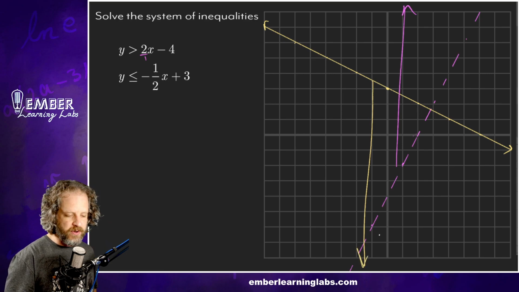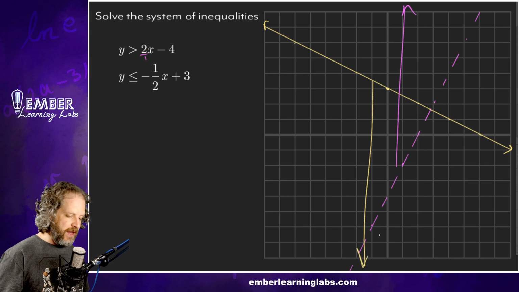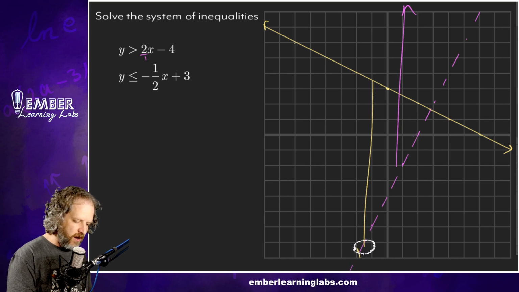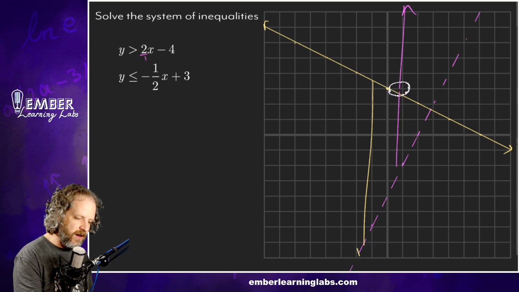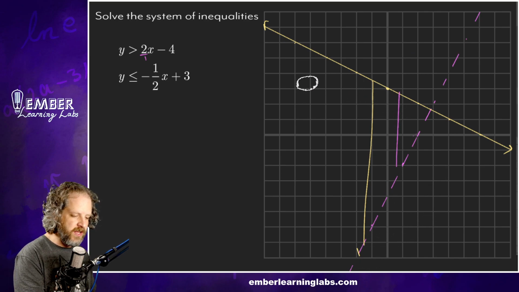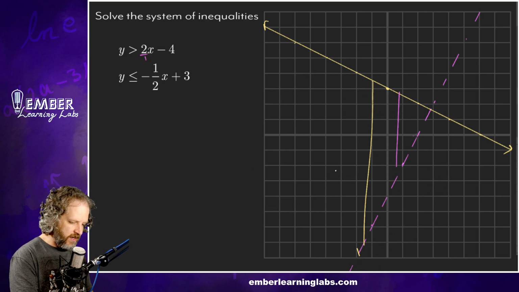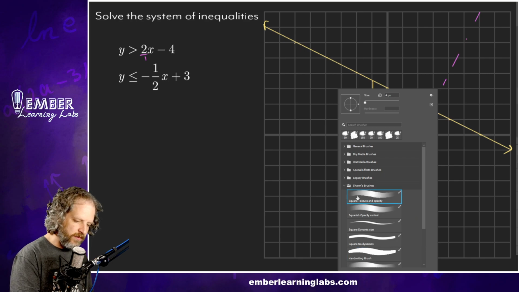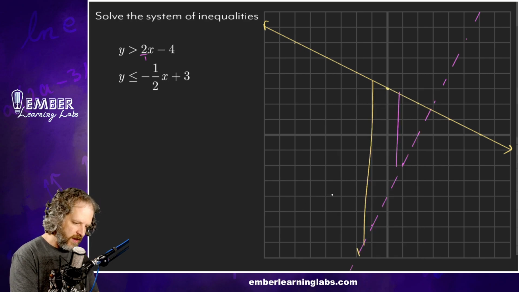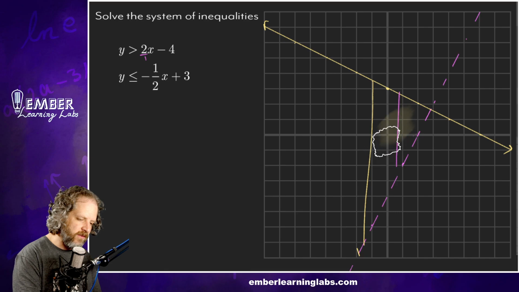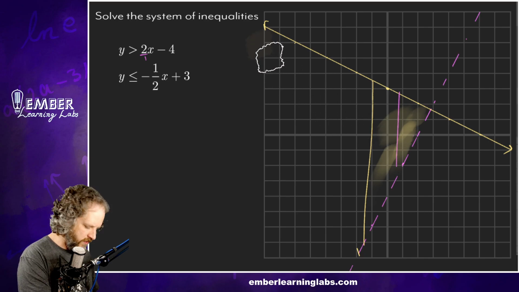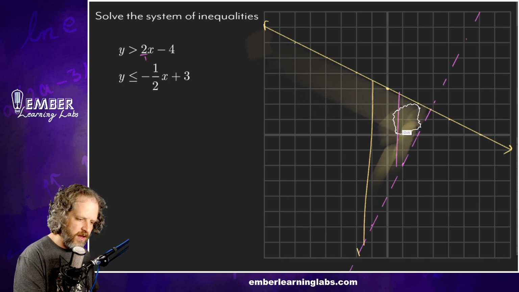So what we're going to do is we're going to shade the kind of pie piece where those are in common. So we're going to shade not up here and not down there, but we're going to shade this pie piece right here. Grab something a little different. And so we would shade this section here, right? So all of this is what we would shade. Everything in that pie piece, everything that's in common,